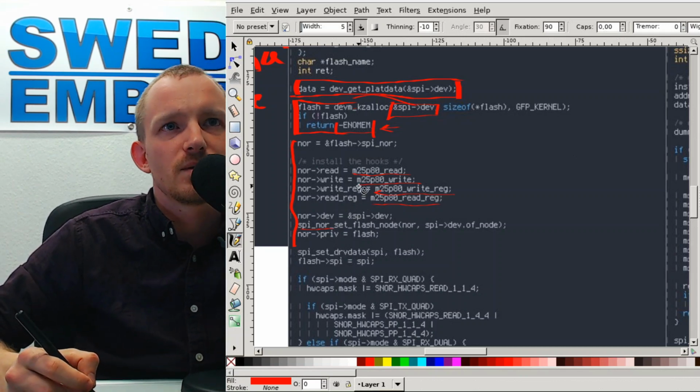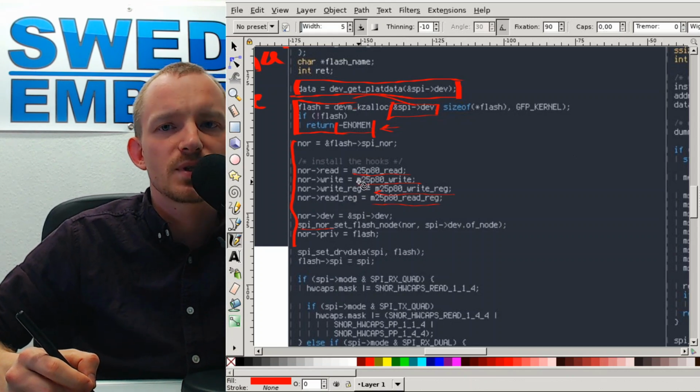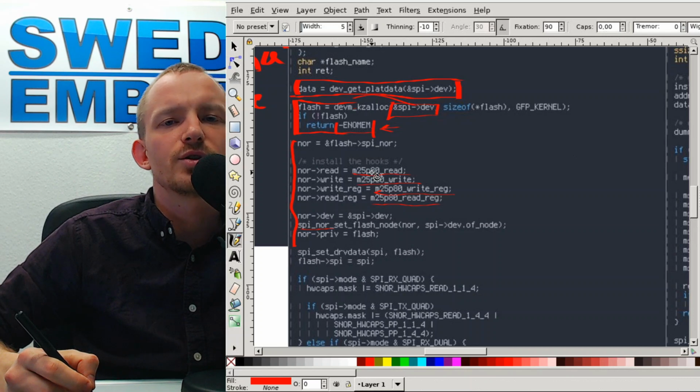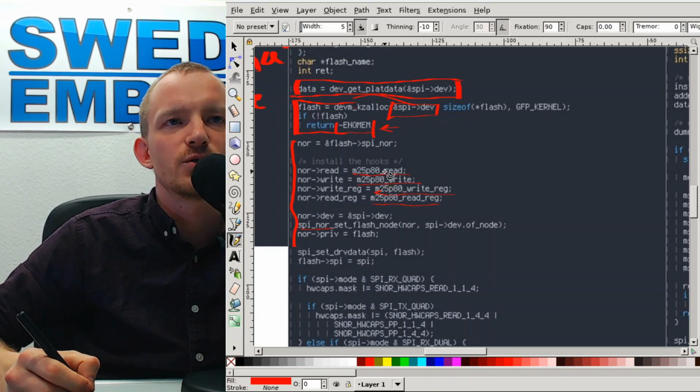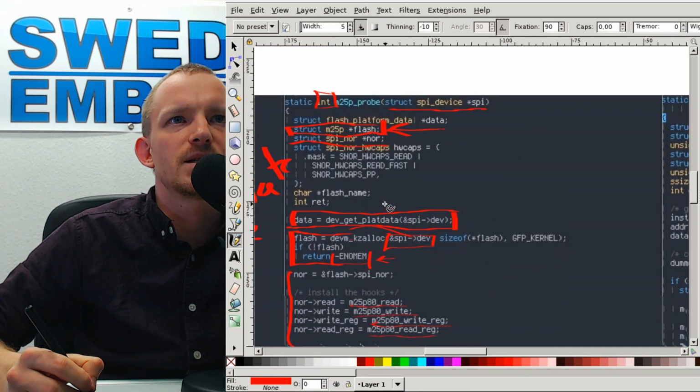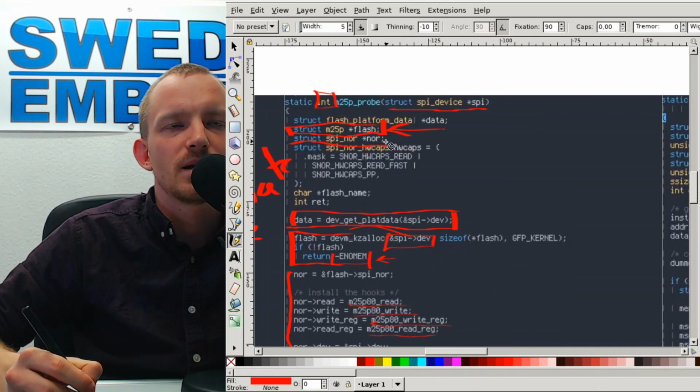Because keep in mind that there's a lot of different chips, and a lot of different types of devices, and you don't want to duplicate that in every single driver. So in this specific driver, you just keep the most driver-specific code, and this is basically like subclassing,